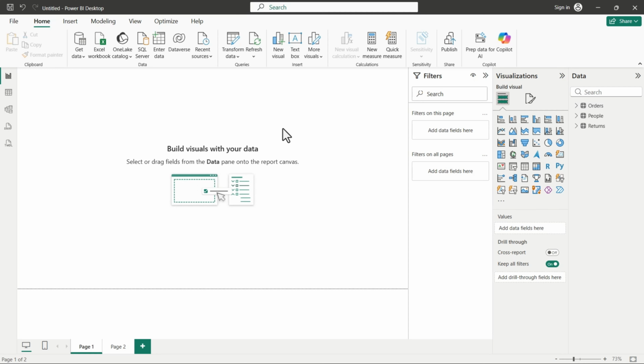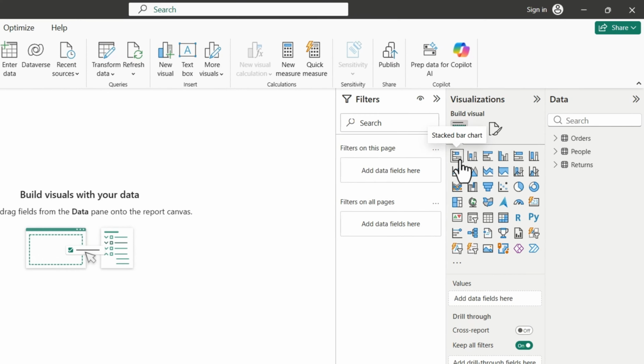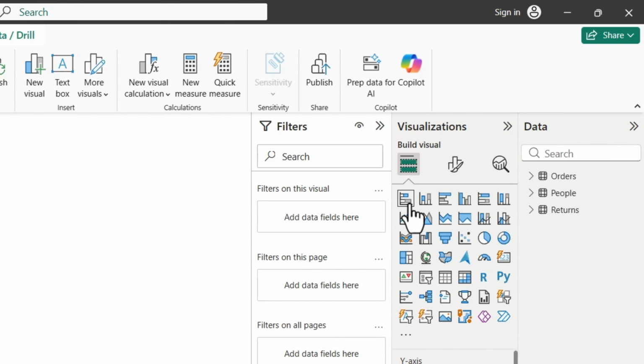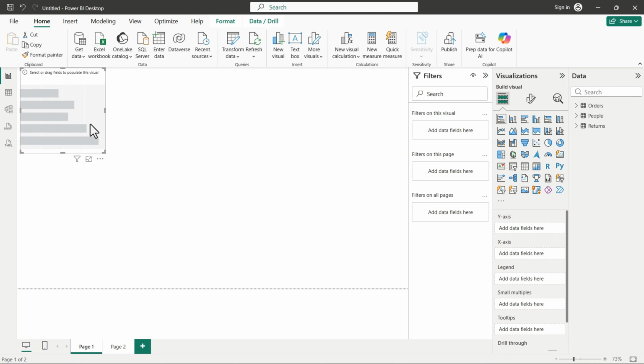To get started, let's look at the Visualizations pane on the right side of your screen. There's a common layout trap here for beginners. In the top row, the first icon is the stacked bar chart, which displays horizontal bars. The second icon is the stacked column chart, which displays vertical bars. Today, we want horizontal bars so that our category names have plenty of reading room on the left side. Go ahead and click that very first icon, the stacked bar chart, to drop a blank visual placeholder onto your